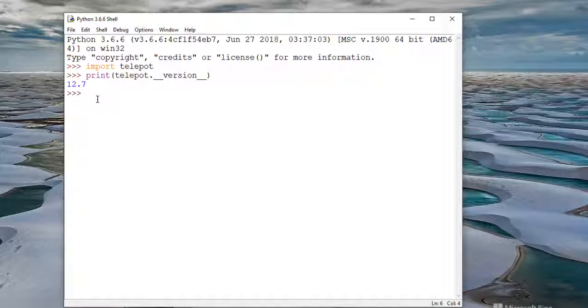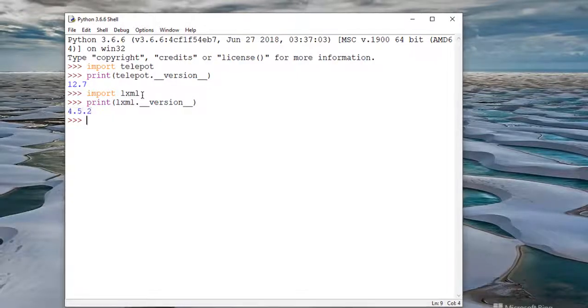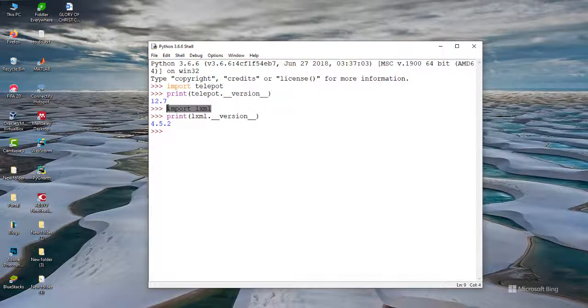To show you for another package like LXML, to get its version number, what I'll do, I'll import the package and then I print LXML dot two underscores version, and then two underscores. 4.5.2. So this will work for most of the Python packages, but in some rare cases you will